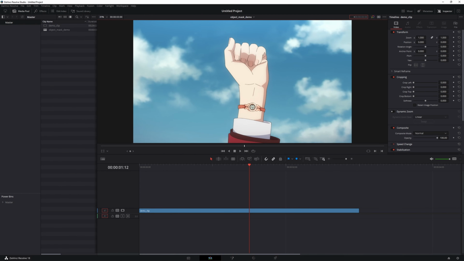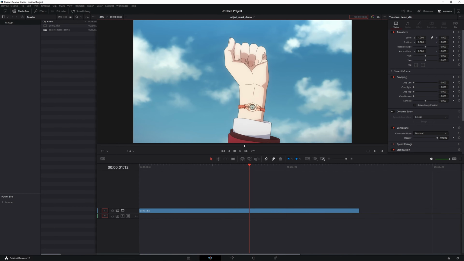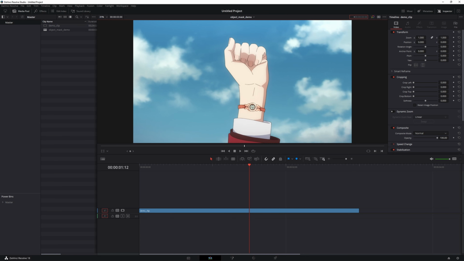Now, I don't want to talk too long about exactly what masking or rendering is, but for those of you who don't know, in AMVs, you may notice that characters or objects may be on top of the scene, almost like stickers, in ways that they're not supposed to, or characters moved from one anime to an entirely different anime or different scene. This process is called cutouts, or renders, or masks. It's got several different terms that people use to describe it. I use the term render, some people use masks. Anyway, regardless of what you want to call it, that's what it is.